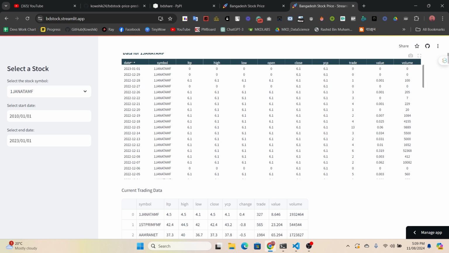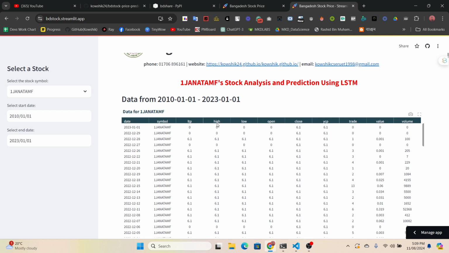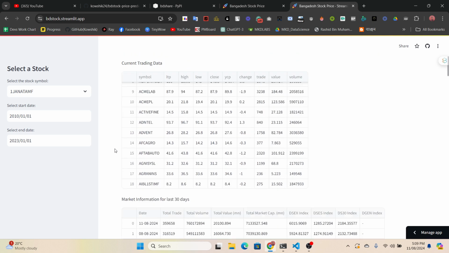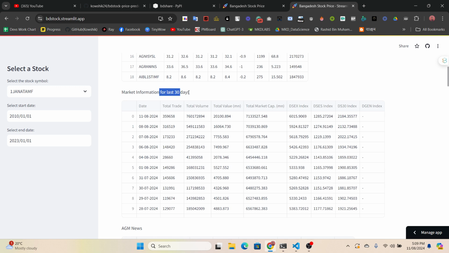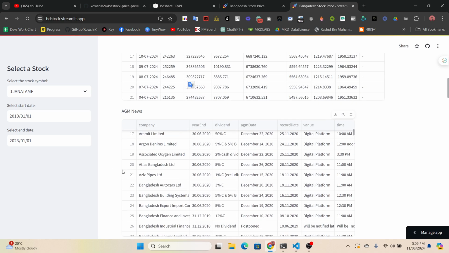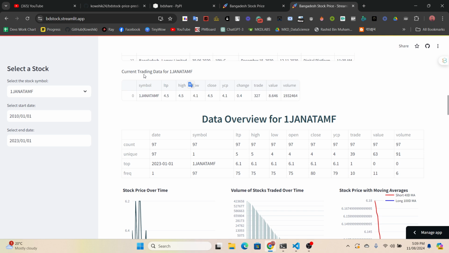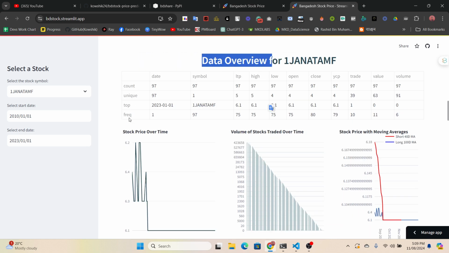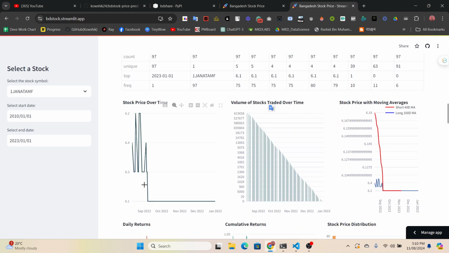So this is the data for this particular date: symbol, high, low, open, close, trade value, volume, and the current trading data. Then market information for the last 30 days for this particular stock, and AGM news, then current trading data for Janata MFS, data overview, count, unique value, top frequency, high low value, volume, stock price over time, so how the